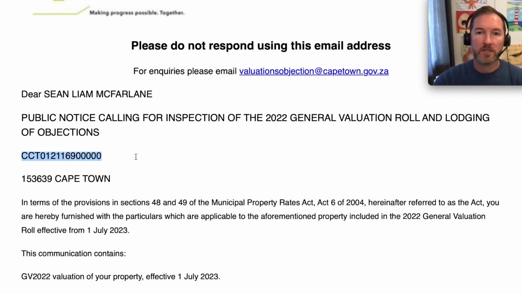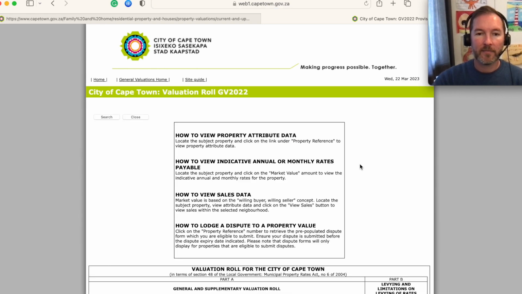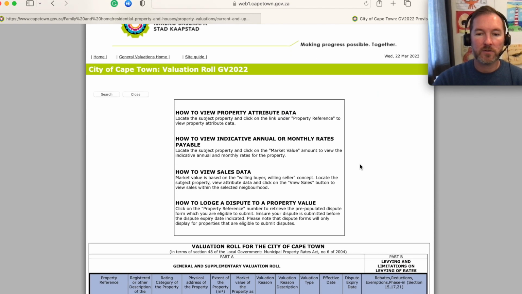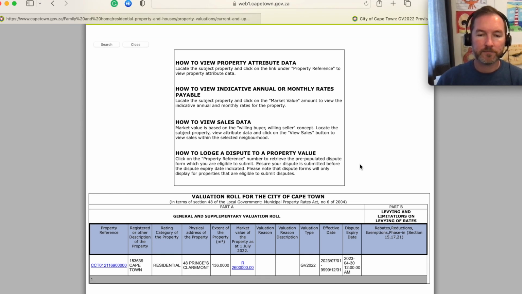So let's pop back to the General Valuation Roll website and see how we do this. Okay, so all we do is go to this little section over here that says reference. We paste the reference that we took out of the email into that section and hit search. And then once we're on this page, we can scroll down and we can see the detail that we're looking for. Now on this page, just so that you know what you're looking at here, there's a little bit of information. If you click on the property reference number,